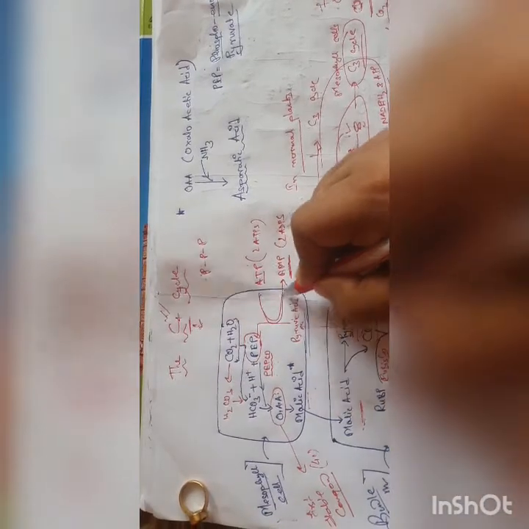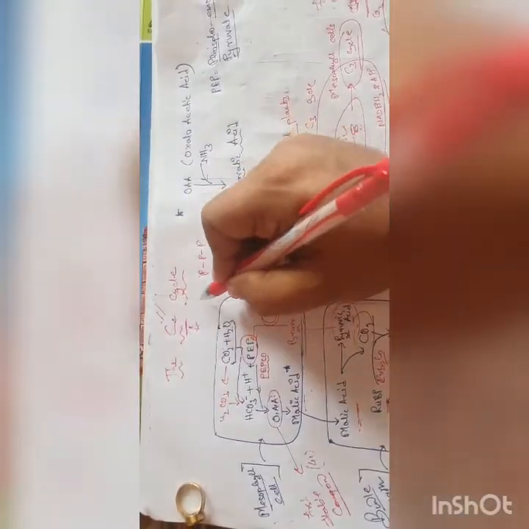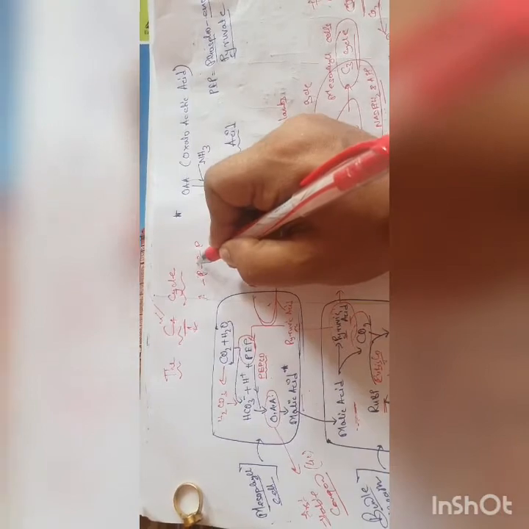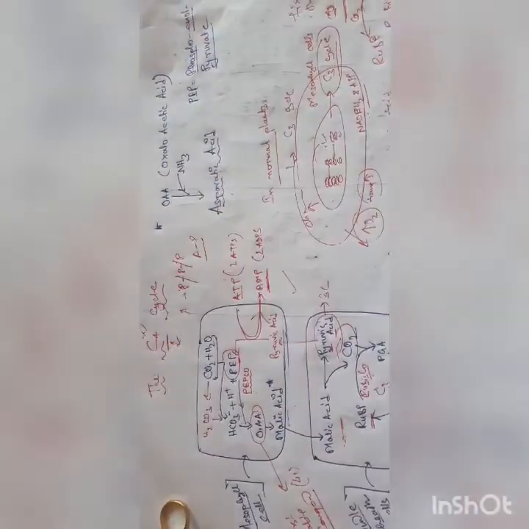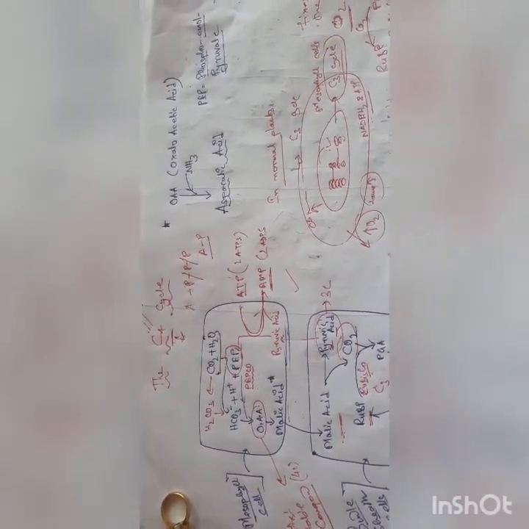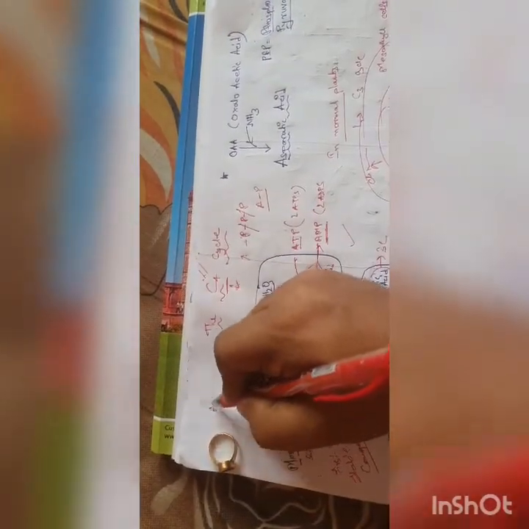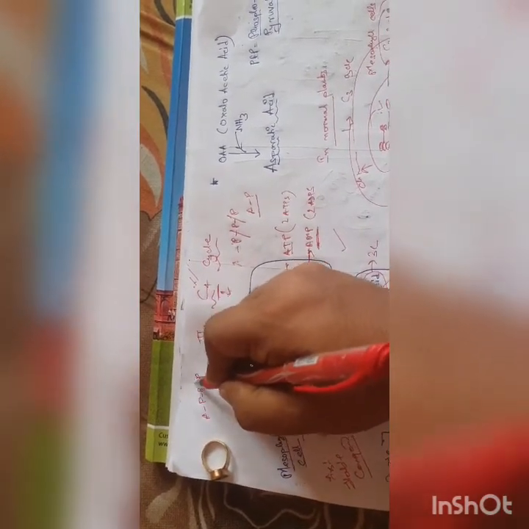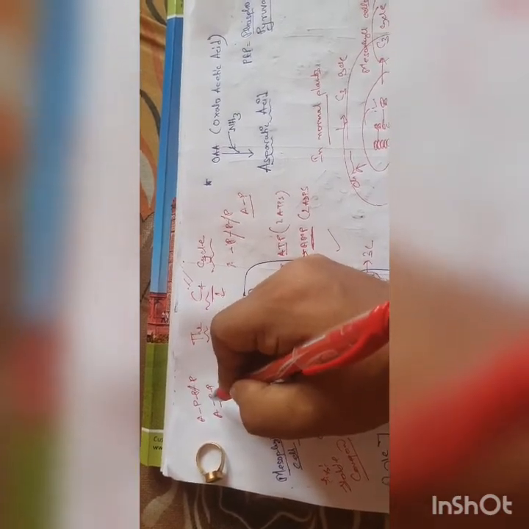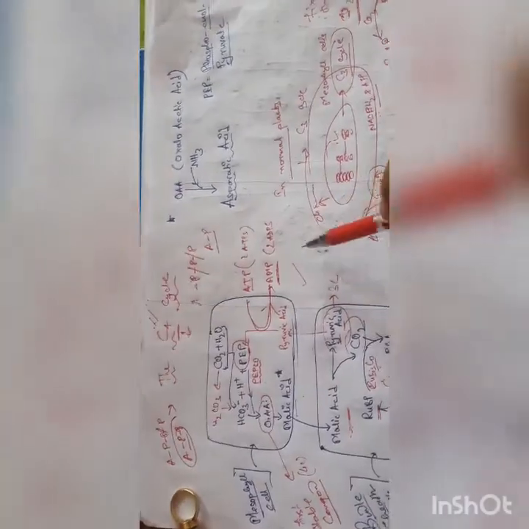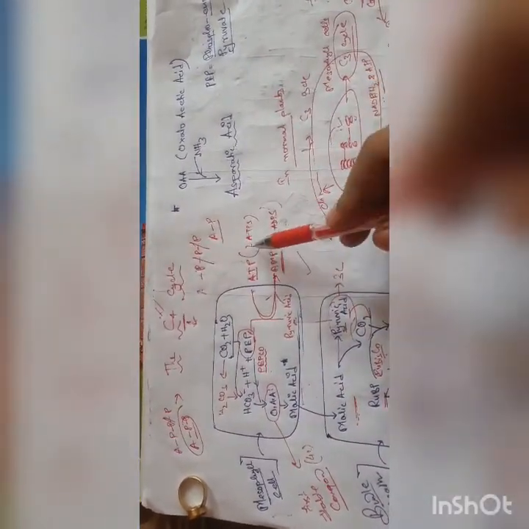sorry, ATP becomes AMP. So in ATP, there are 3 phosphates, and if 2 bonds are broken, that becomes AP, that is adenosine monophosphate or AMP. Now see what happens when ADP, APPP, one bond breaks and it forms APP, which is ADP. So breaking of one phosphodiester bond gives out some energy, and breaking of 2 phosphodiester bonds will give out double the amount of energy. So it is the same as 2 ATPs breaking down into 2 ADPs. So energy is spent. How much more energy is spent?